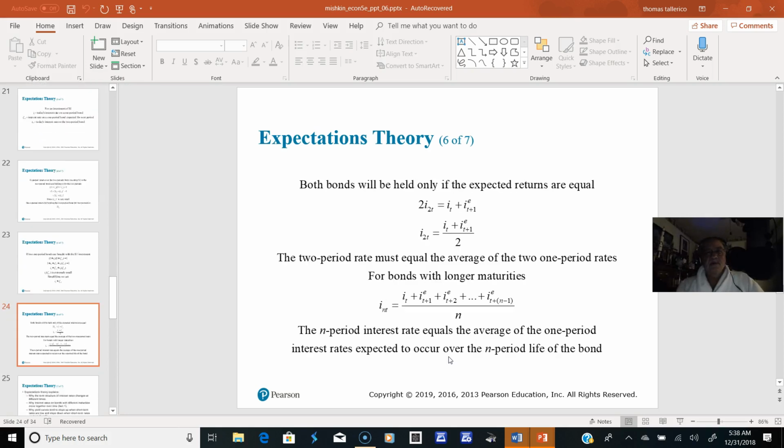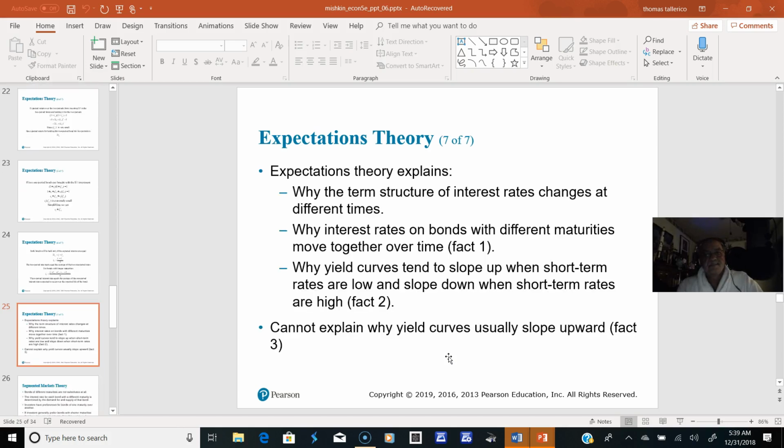So both bonds will be held only if the expected returns are equal. So the 2-period rate must equal the average of the 2 1-period rates for bonds with longer maturities. So as we go through all this math, basically the expectations theory explains why the term structure of interest rates changes at different times, why interest rates on bonds with different maturities move together,